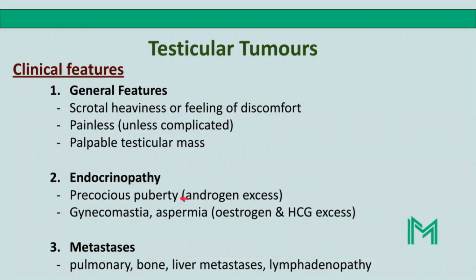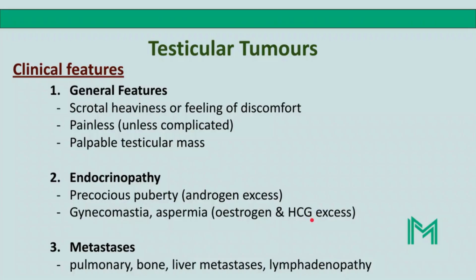For example, we have the Leydig cell tumor producing a lot of testosterone, so patients will present with precocious puberty. And for tumors like the Sertoli cell tumor, where a lot of estrogen is produced, you can have gynecomastia. Okay. And also remember that you can have a lot of beta hCG being produced in excess, especially with